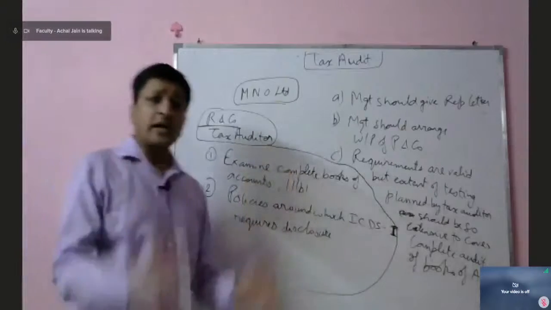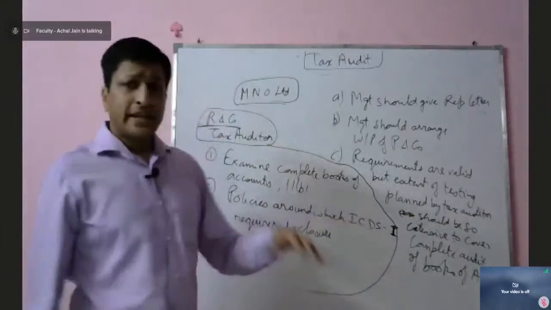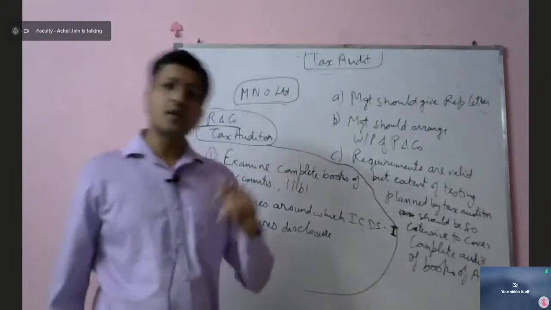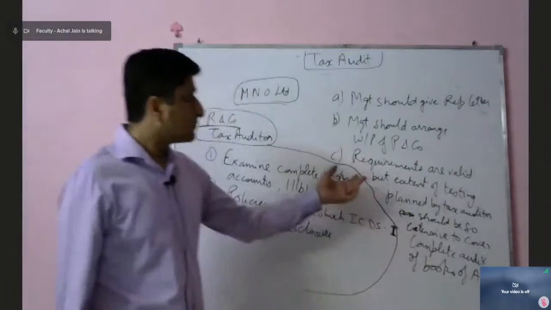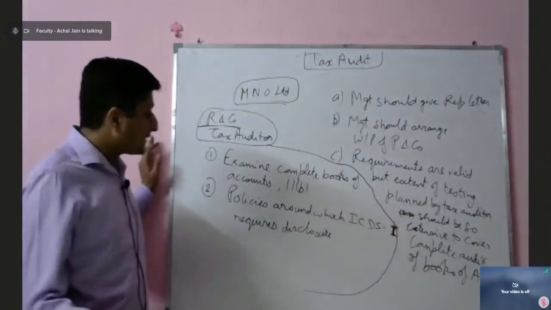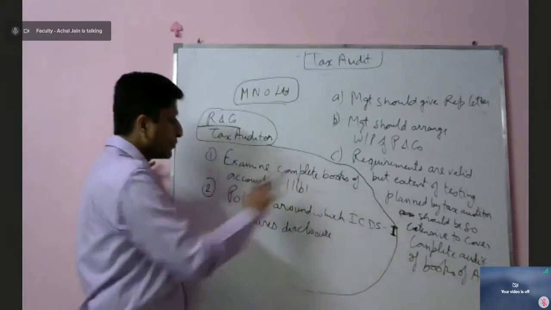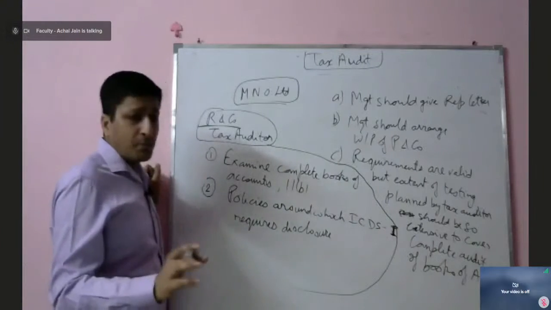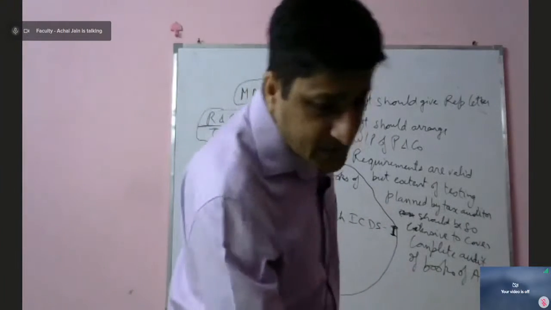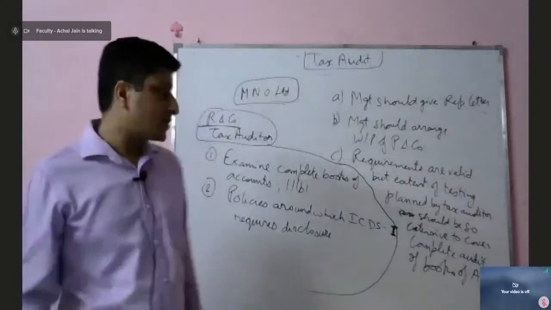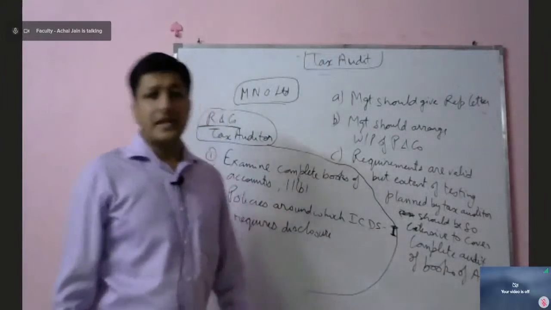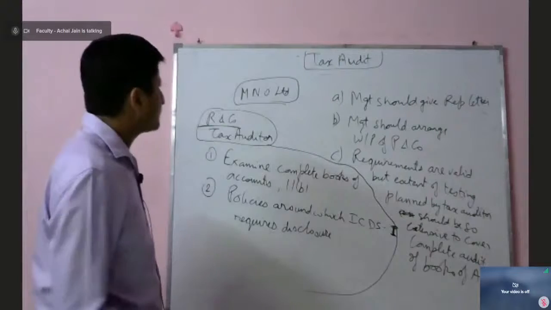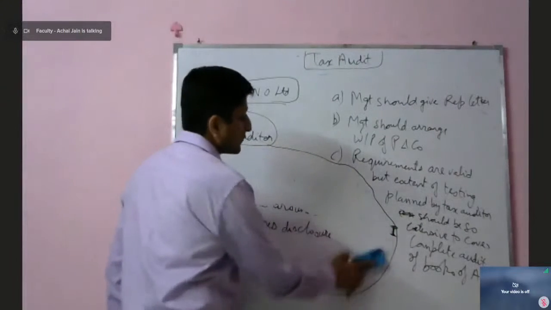Okay, so that means he should cut down. So what's the point? He should cut down in terms of his audit procedures. He should not really get into this complete audit of books of accounts. But there is no doubt that his requirements are valid. He needs to review these two clauses. So that's why his requirements are fine, but the extent of testing which he has planned is leading to a duplication of the audit procedures, or a duplication of audit. That's why it may not be considered appropriate. Fourth option. So I think I can clear this part for the fourth option.